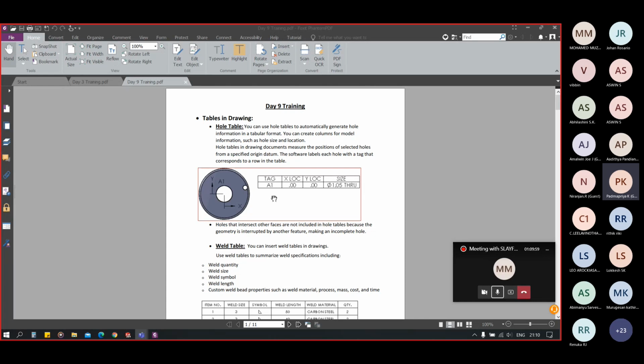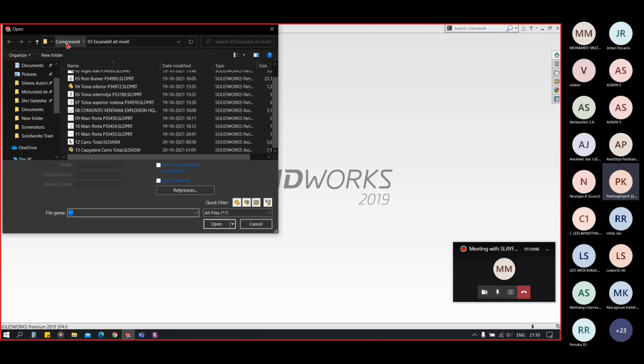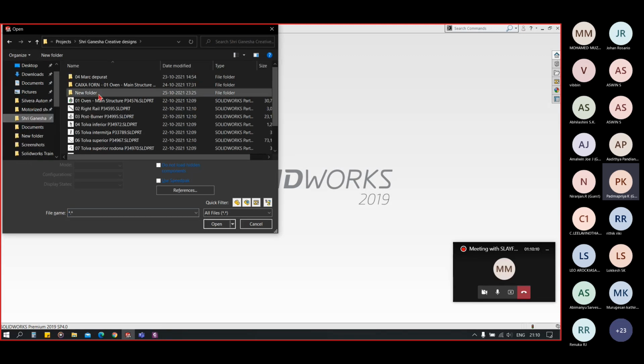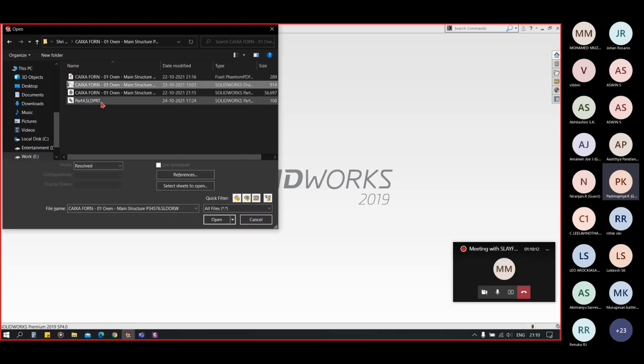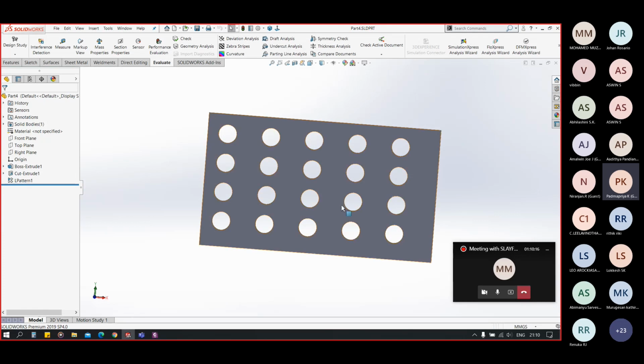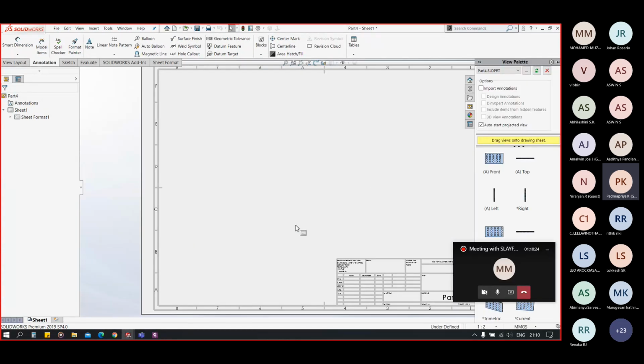So now let's go to the hole table. For that I have created one part to have a hole table example. Now you can see we have lots of holes here. So I will create a new drawing on A3 size paper.